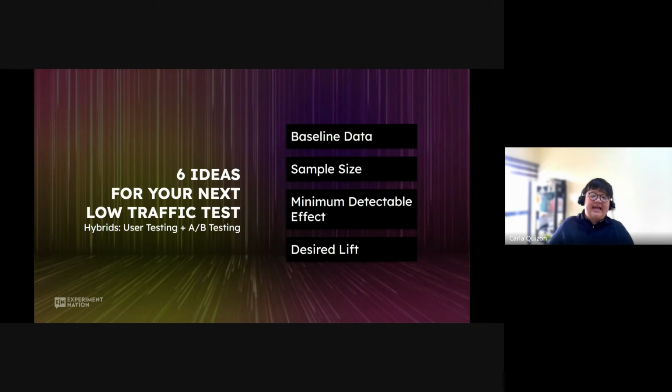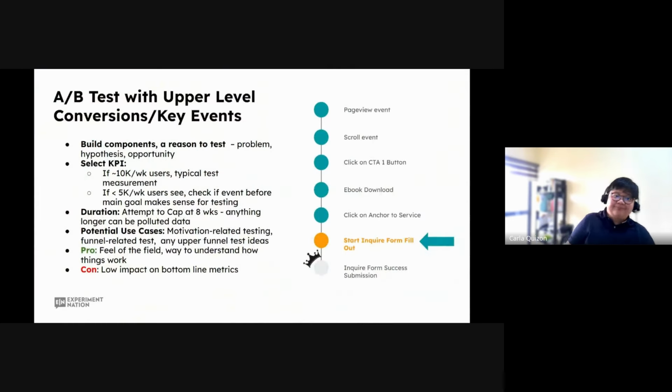So this would definitely guide me, at least for me, to determine how I would modify or approach the testing design to fit our circumstances. I'd probably trade off some accuracy or significance to run tests within a more feasible and realistic amount of time. So, idea number one is to use upper level key events as your main KPI for